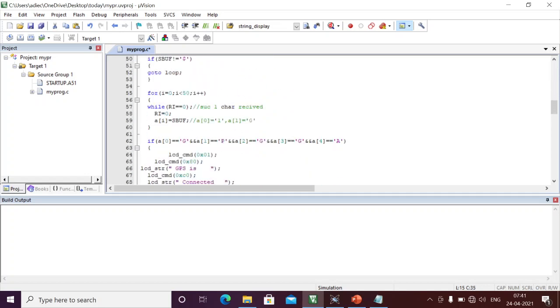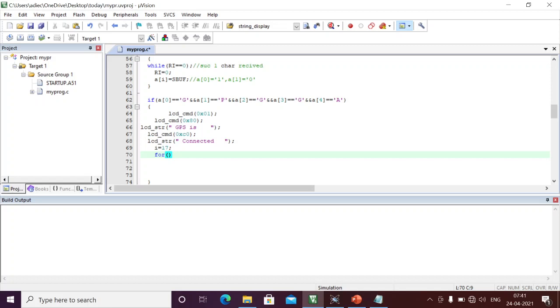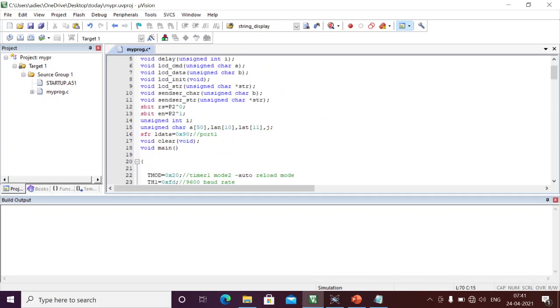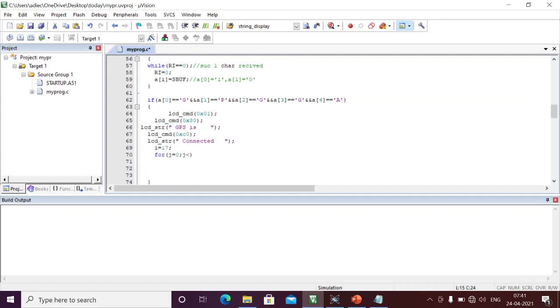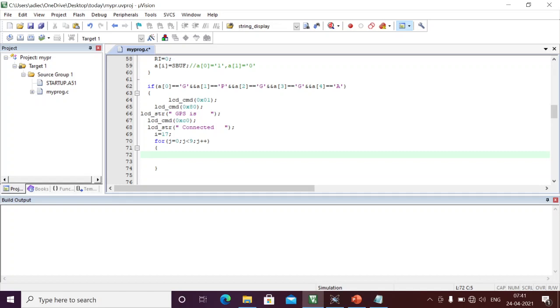loop. Okay, here in the for loop I am using j less than... how many characters should I pick up? In the first case, I should pick up only the 9 characters. j is less than 9, j plus plus. Here I'm just picking up only these 9 characters from this array to this latitudinal data. I'm just copying to this latitudinal array.